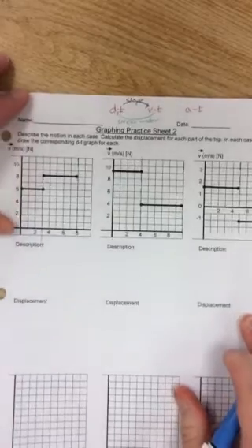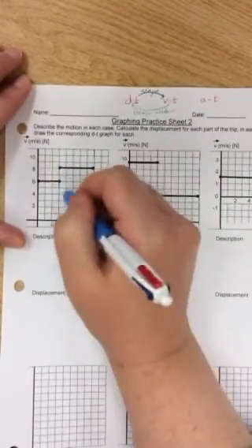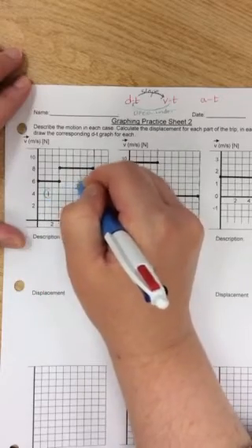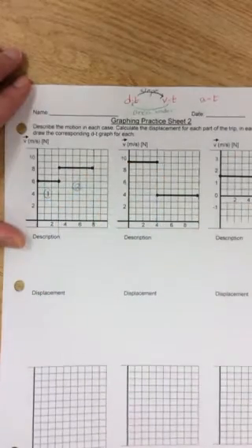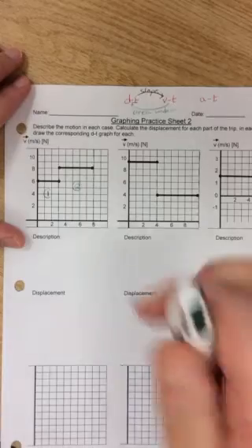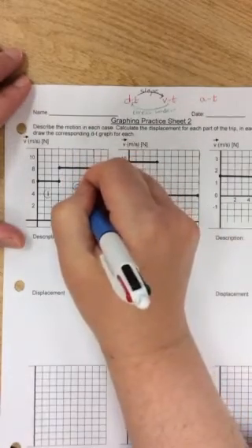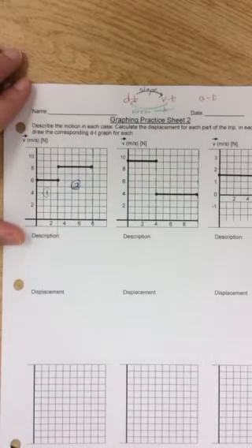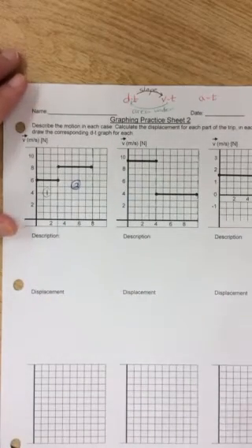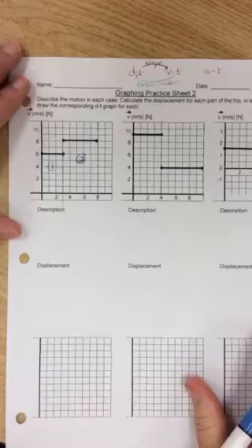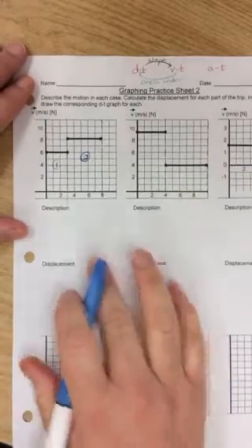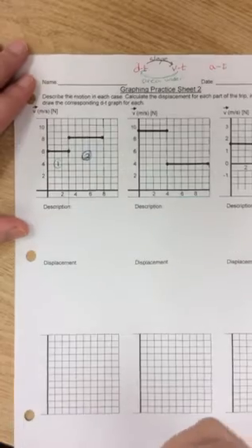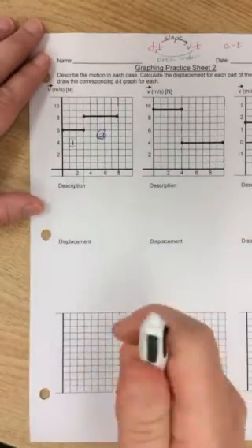Now, coming back to this one here. You have 2 different shapes here. And maybe I'll do this in a different color. The first shape is a rectangle, and the second shape is also a rectangle. To figure out the displacement, I'm going to do this in 2 separate parts. I'm going to skip the description for a second. I'm going to do it here. This is where most of the work is. So for number 1,